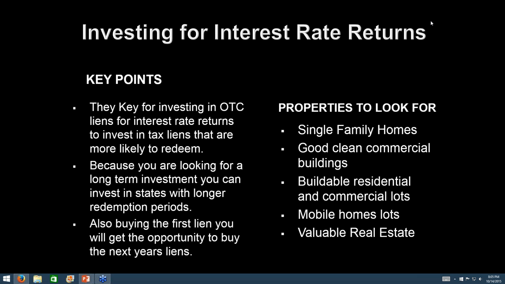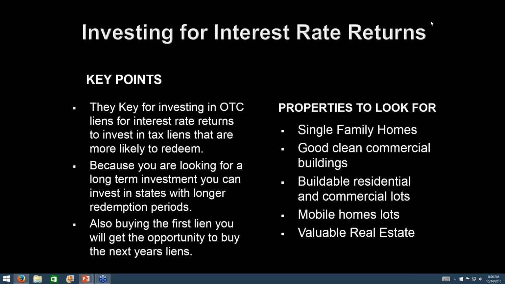So why pay somebody interest when you can be earning that interest yourself? Because whoever buys that tax lien is going to start earning interest, and you're going to have to pay them off to foreclose. So you might as well earn the interest versus paying it. Now, if you don't buy that next year lien, it's not going to be the end of the world, but you are going to have to pay that extra interest to foreclose on the property, in addition to any tax lien certificates on the property.